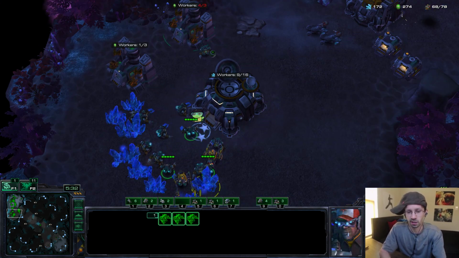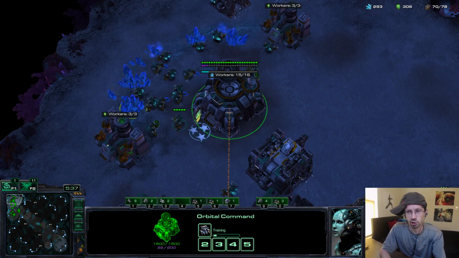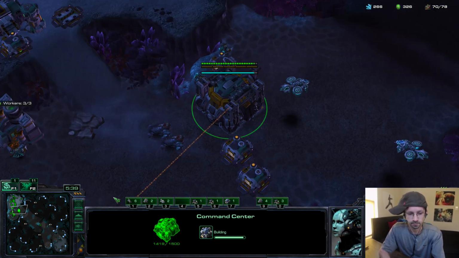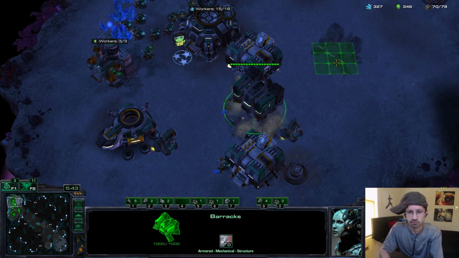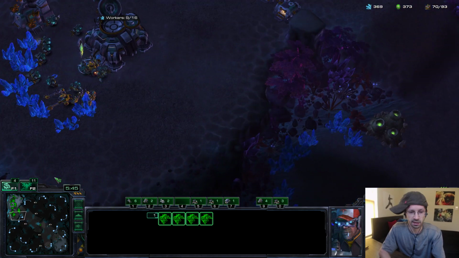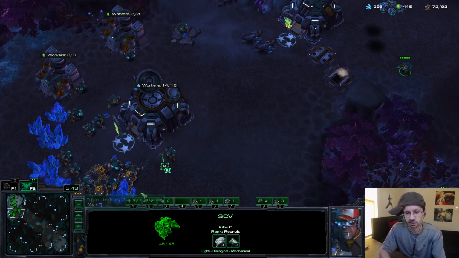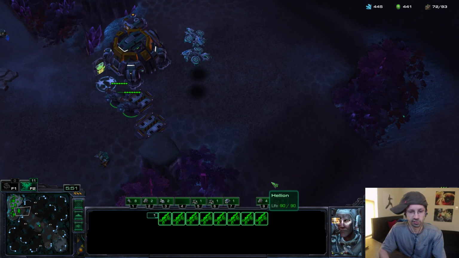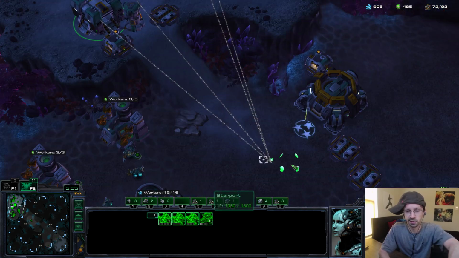Make sure you put 2 guys on gas on the natural. And again, this is with constant worker production the whole time. So I have my Banshees. Keep your barracks in your main. You can actually float it out as well, but I like to keep it in my main because I use it to build ghosts. So you have your group of Hellions, the Banshees, and once the